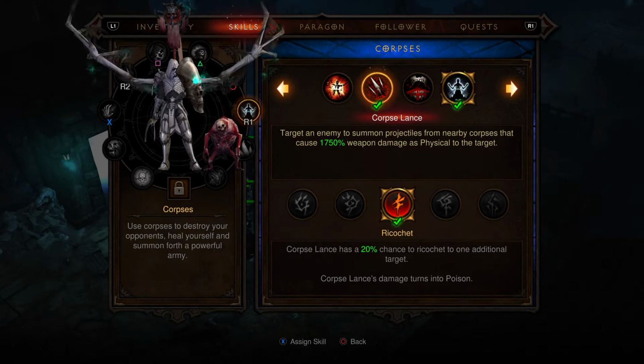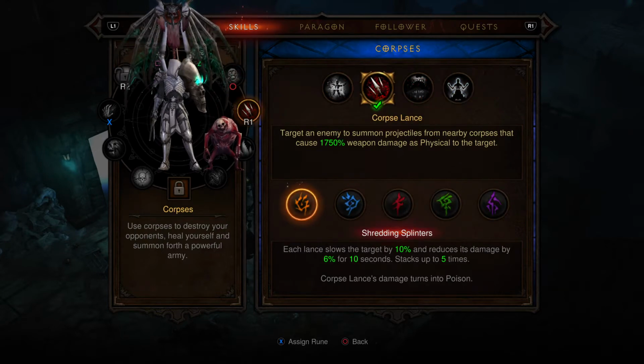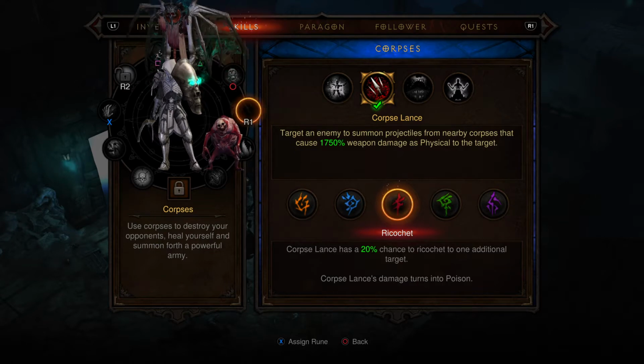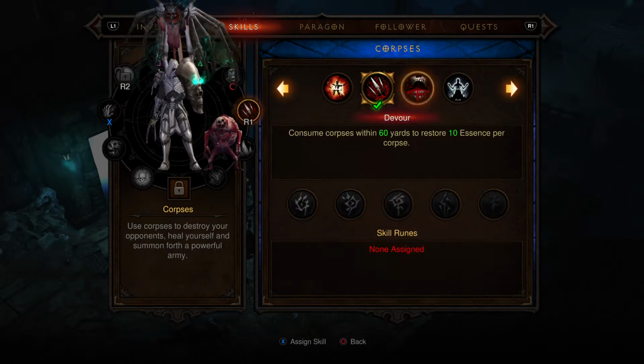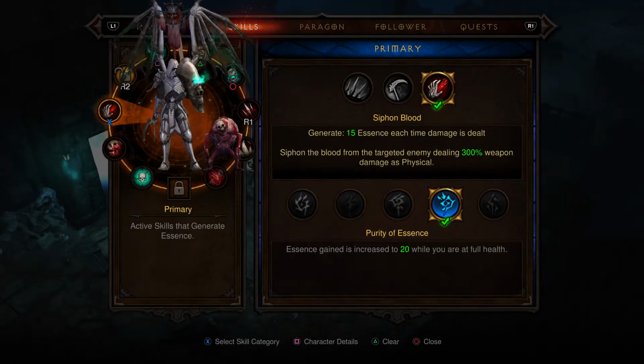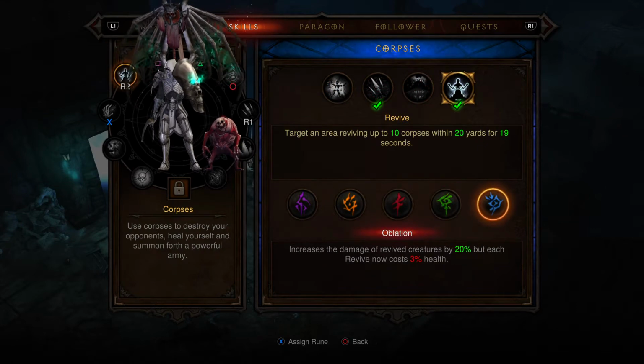I'm using Ricochet. Corpse Lance has a 20% chance to ricochet to an additional target. This one's also good too. You know, really they're all good, but I like Ricochet. That's really up to you. Let's go back to... Now, if you want to use a stronger version,